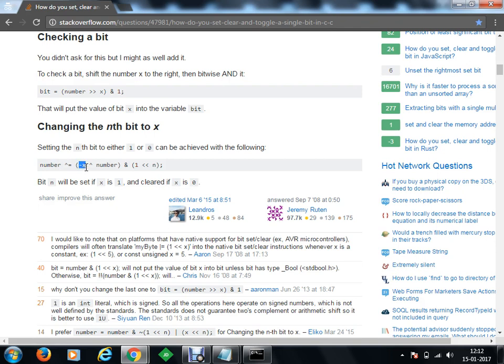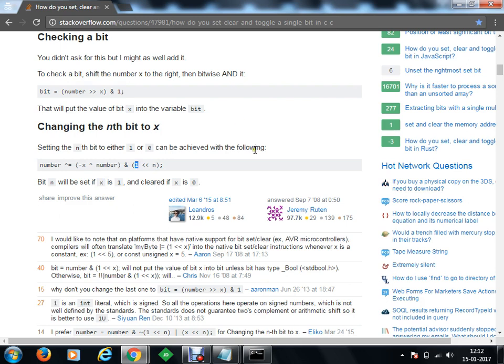If x is equal to 1, then 1 will be set at the specific position. If it is 0, then 0 will be set. Then you have to perform a XOR operation on that number. You have to perform an AND operation, and shift that value by n times. When you convert 1, it will be a single 1 at the last, and that 1 will be shifted to that particular position.